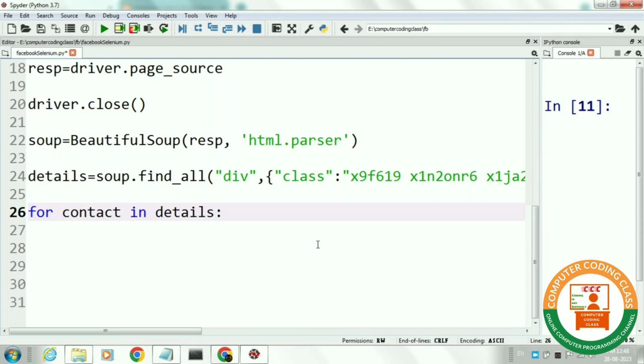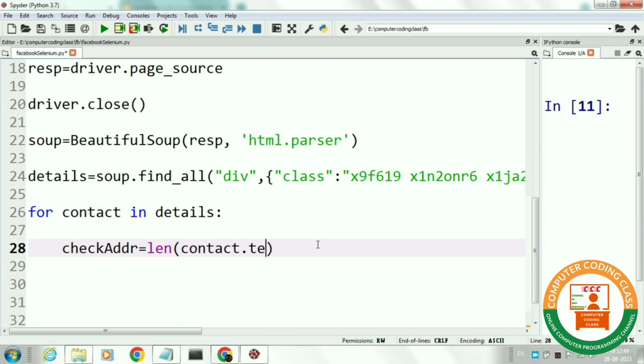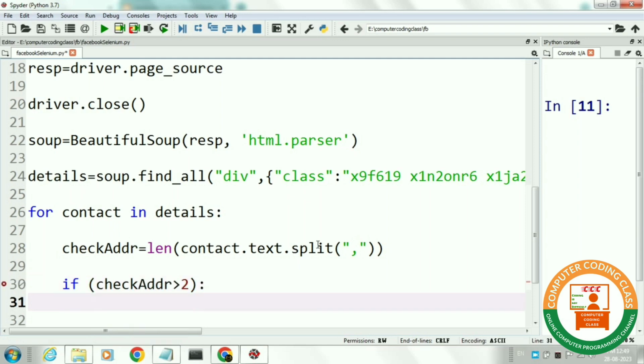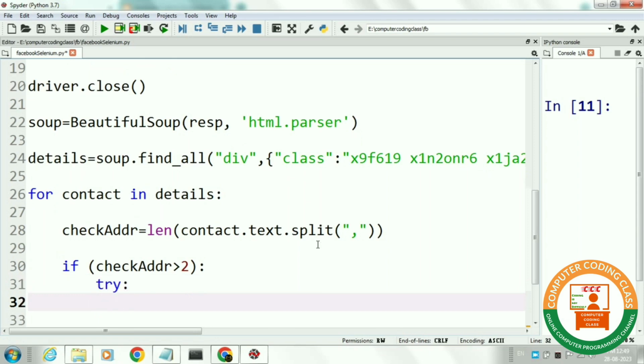Next, by using a for loop, we will read each word of the details one by one, and if any word has more than 2 commas, it means that word is the address of the Facebook page. We will add that word in our dictionary as an address.